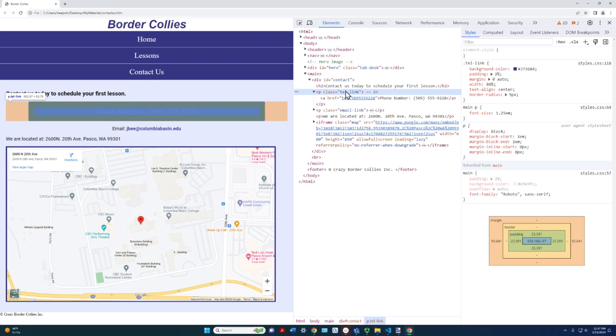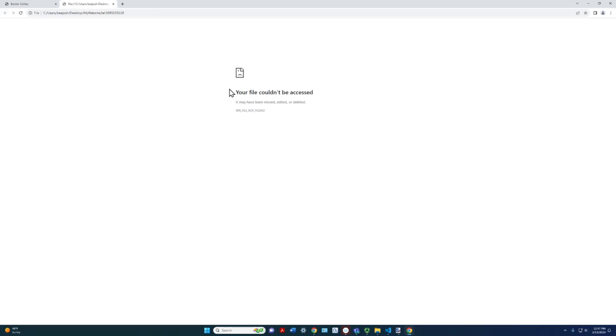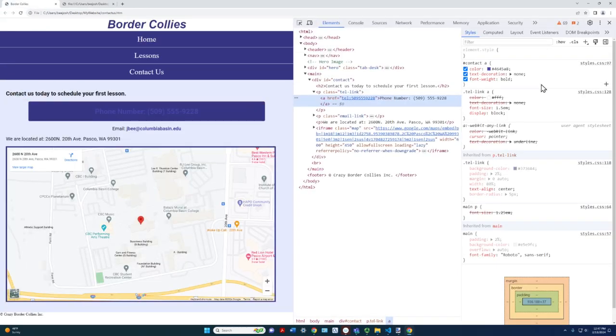If I look at this tel-link code, and I look at the A of it, you'll see that the tel-link A, you see it's crossed out? It's crossed out. This cross out here indicates that this element is not applying this particular attribute because it is overridden by another, more closely associated setting, which means that I'm thinking that it's this guy